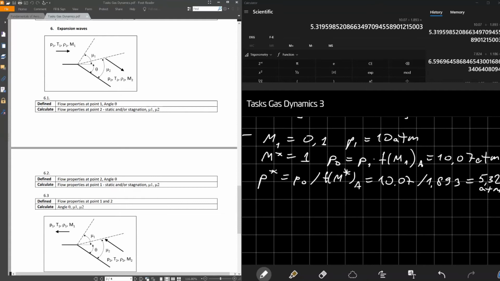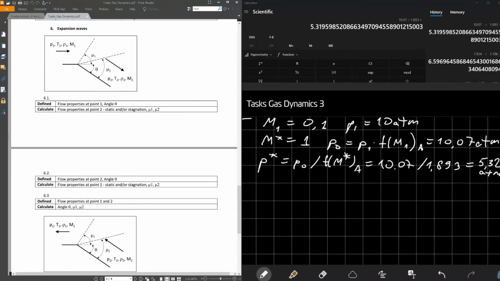Let's start from point 6.1. We have flow properties at point 1 and the angle theta, and we calculate flow properties at point 2, static or stagnation, and also angles μ1 and μ2, which is the Mach angle 1 and Mach angle 2. Here, for any kind of calculation for expansion waves, we use a very simple relation of the Prandtl-Meyer flow, which is set in